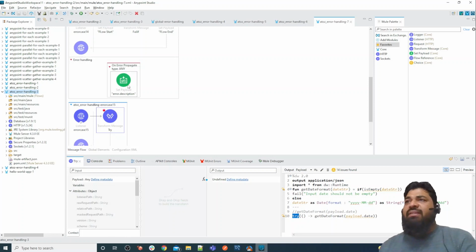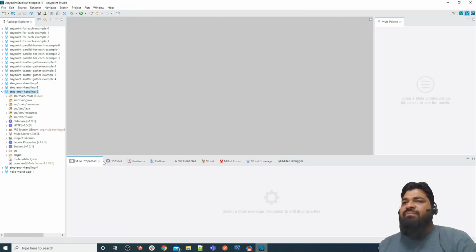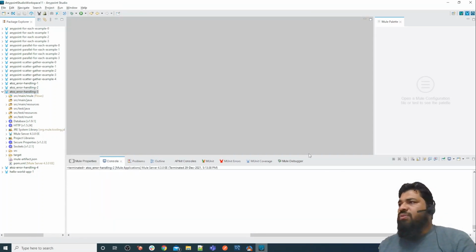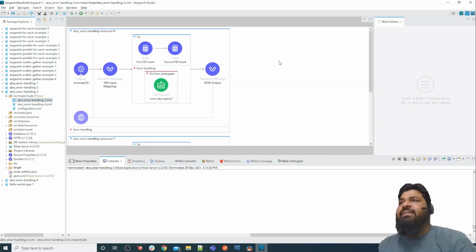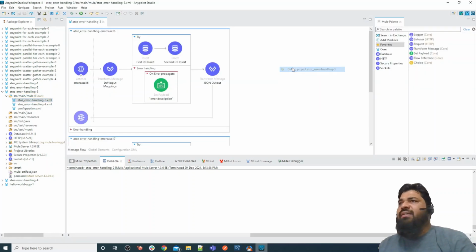Let me open example 3. I'm going to close all files, close the console, and open the third project in debug mode.